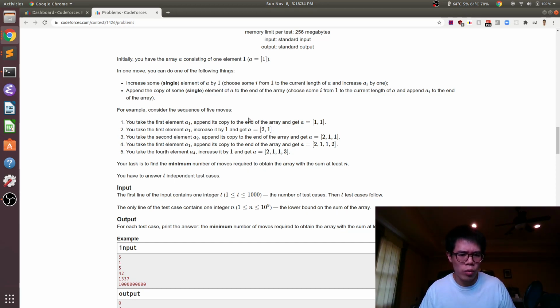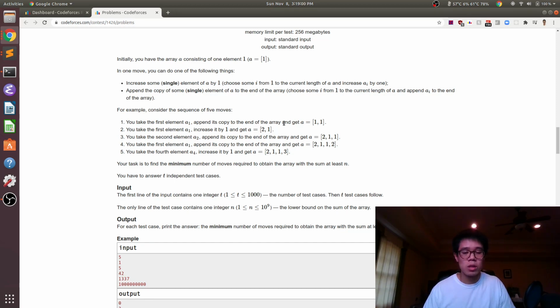So the only strategy that really makes sense here is to increment this 1 a bunch of times and then make a bunch of copies of the resulting number. We're going to take the 1, increment it all the way up to x, and then make y copies of that x. Again, if we made some copies and then incremented one of the x's, we could have just done that increment earlier.